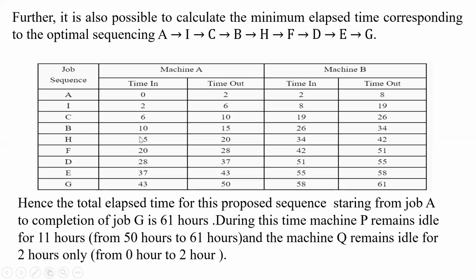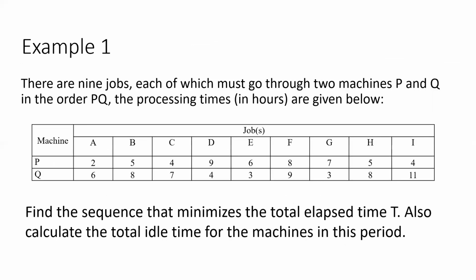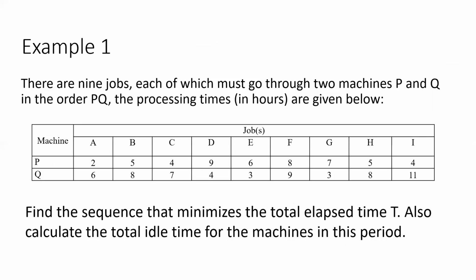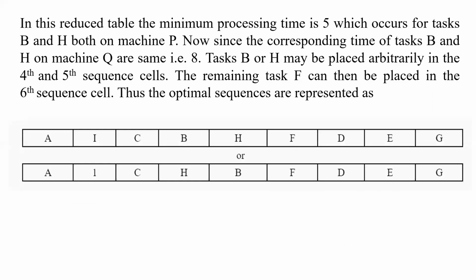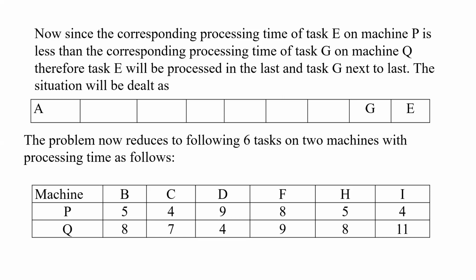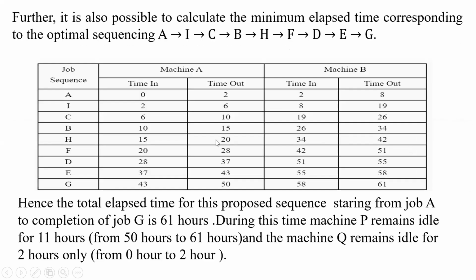It is a time which is given in the sequence like this. The time sequences: A is of 2 size, B is of 5 size, C is of 4 size, D is of 9 size, E is of 6 size, and so on. So the first A is for 2 hours. Then I check the I's time in the question, which is 4 units. So now when it goes to the I, it will finish in 6 units of time.